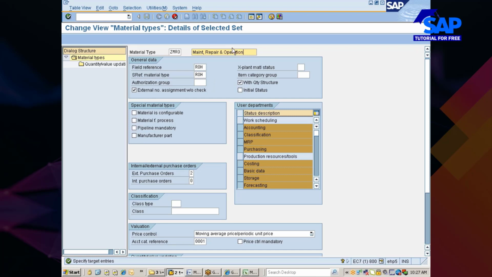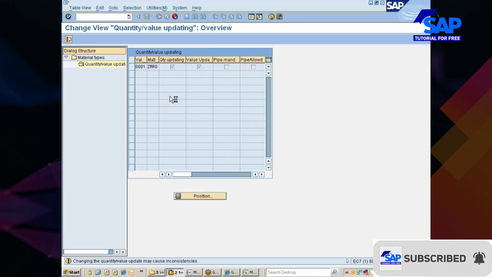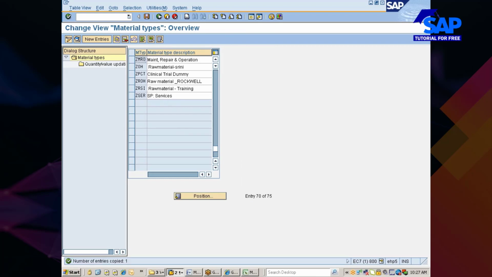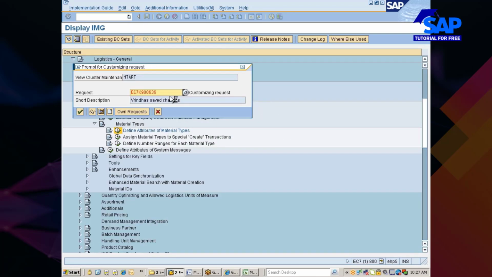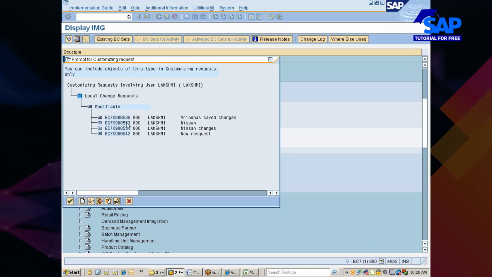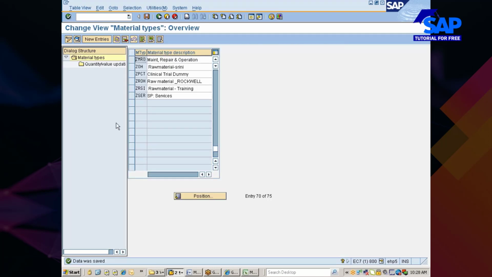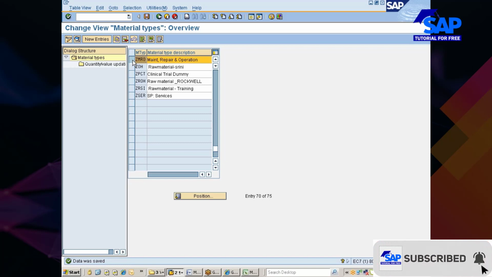Okay, something like this. Hit enter. Now I'm going to save it. Brunda save changes. Whose changes are these? I don't know who Brunda is. Therefore, I'll save all my changes under Nissan changes. Now I have my own CMRO, maintenance, repair and operations kind of material.